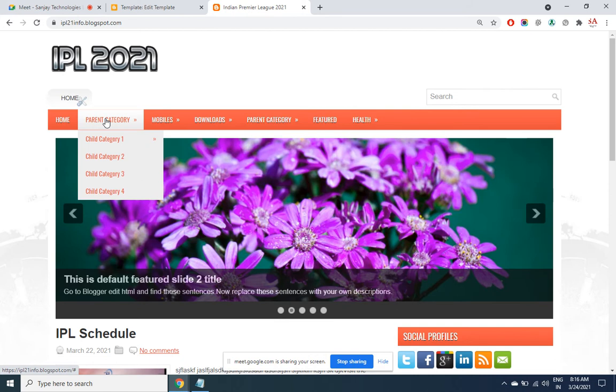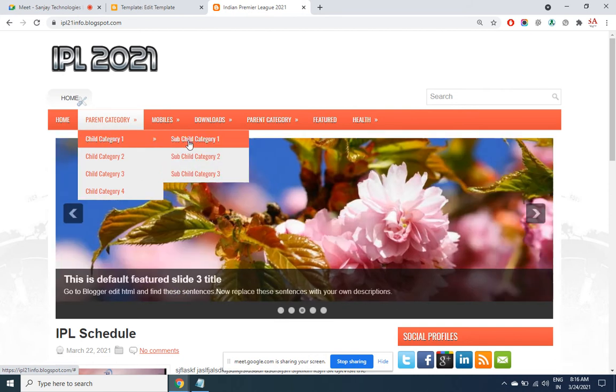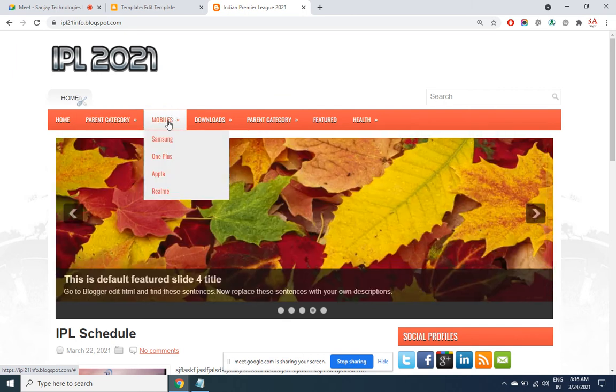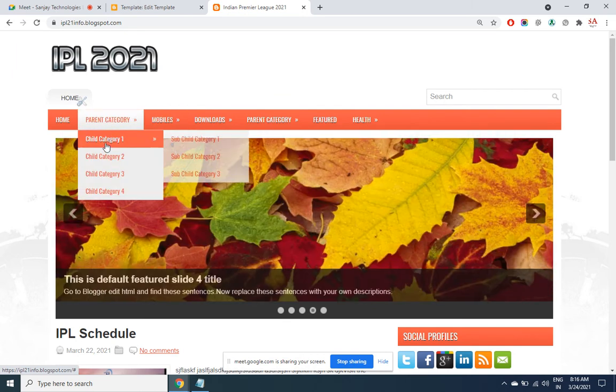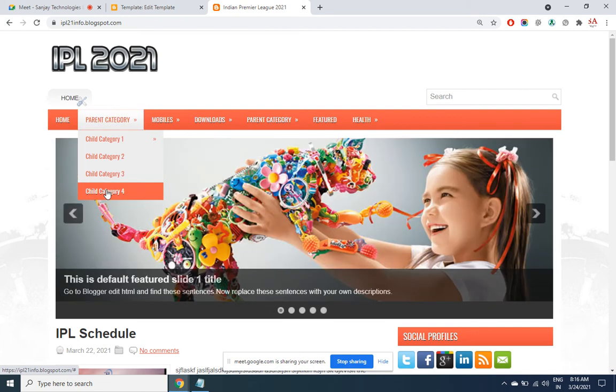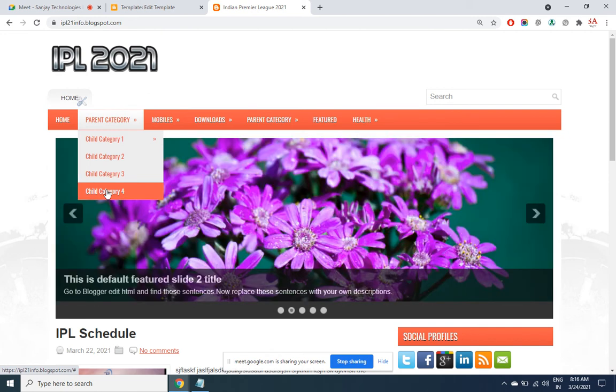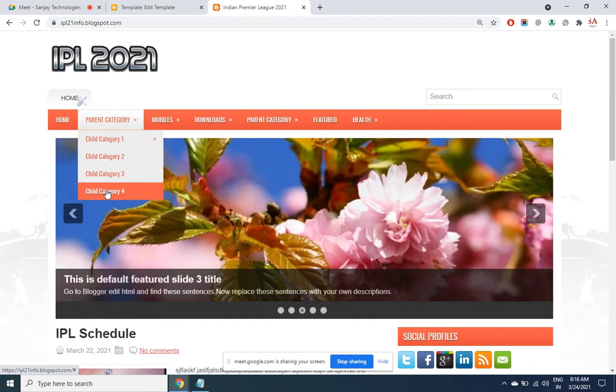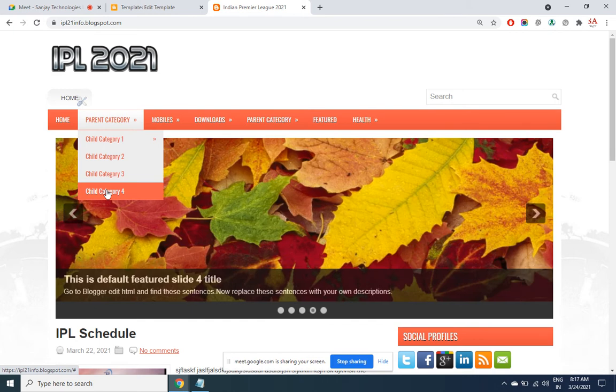Now, as I told you, the first one I want as Samsung, and inside that I want S10, S11, S12 like that. So you have to edit this menu. Make this one as mobiles, this one as Samsung, this one as Xiaomi, this one as Apple, this one as Realme. So whether you want a menu or a menu with sub-menu, all the options are provided in the theme. You just have to copy, paste and juggle here and there. So, clear with all the operations: adding, editing and deleting the menu part.